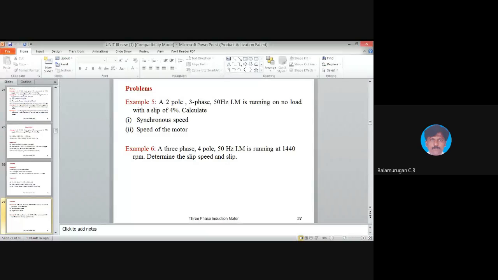So I will draw only for theta equal to 0 degree. You are supposed to try for 60 degree. And if you are having any doubt, you can ask. For 0 degree, these are the magnitudes obtained: 0, minus root 3 by 2 phi m, and plus root 3 by 2 phi m. Then this is the actual three-phase waveform. So for theta equal to 0 degree, we are going to